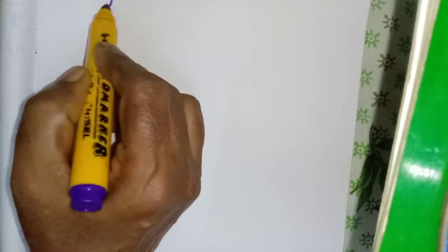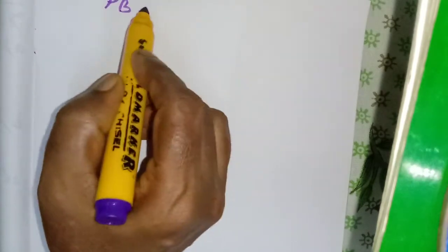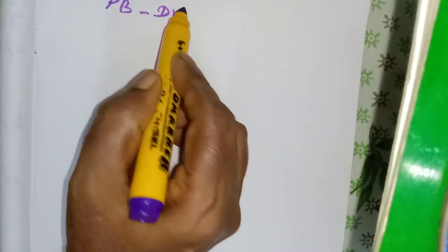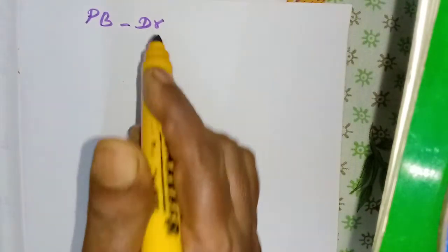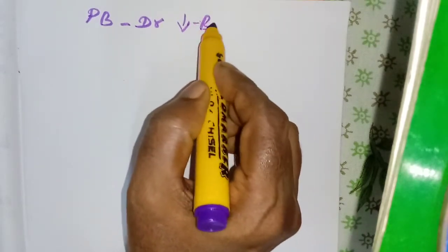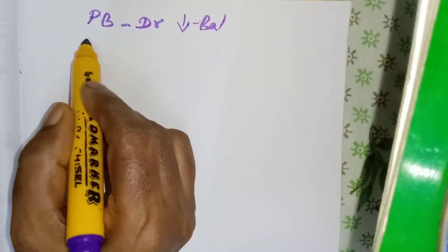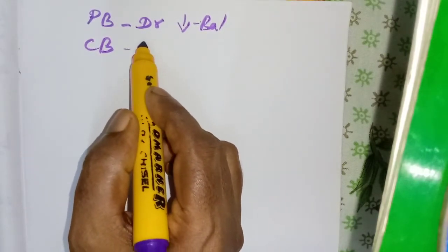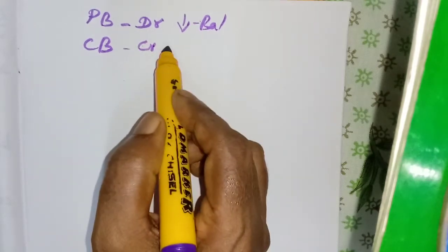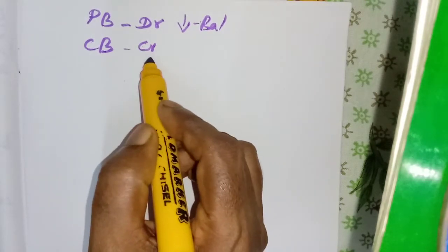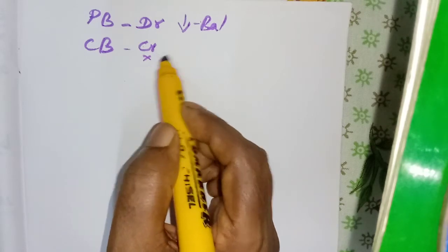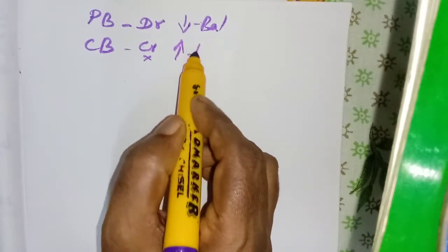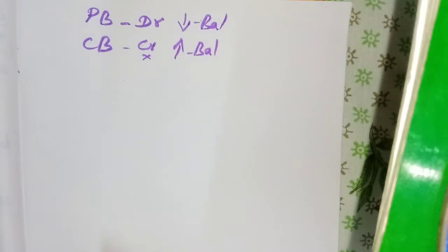So in the passbook they will enter. Since it is an expense they will debit, not credit, that is a deposit. They will debit, so the balance will get reduced. The balance will be less. But here in the cash book we will not enter. It is an expense, and for an expense we will credit, isn't it? We have not credited. So the balance of the cash book will be more.